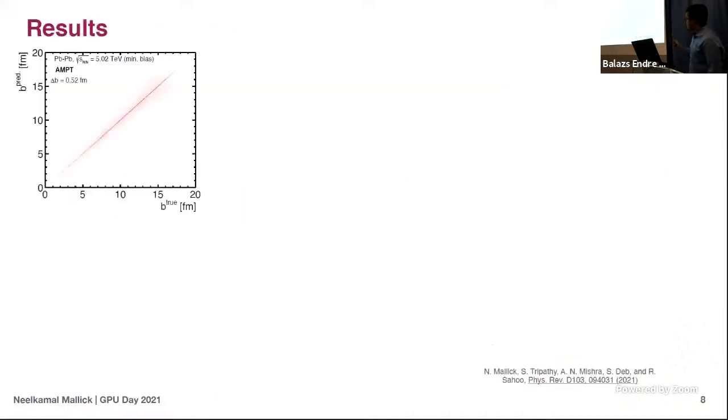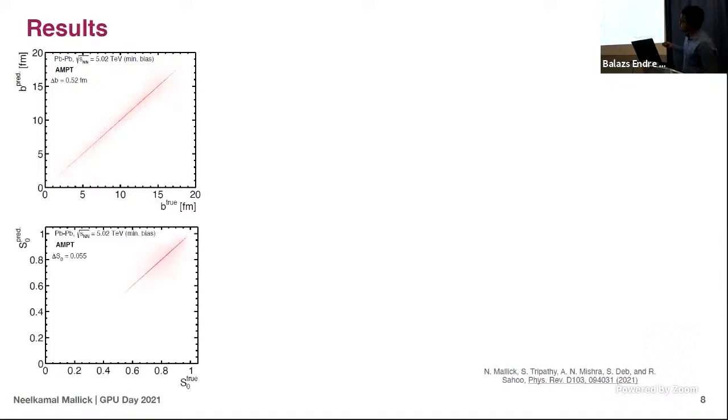Here are the results. If you plot the true value versus the predicted value, you can see that all the points lie fairly on a straight line inclined at 45 degrees. That means most of the points are accurately predicted, and some outliers are also present. For sphericity also, we see the same structure, with some points in the middle and a little bit of outliers.